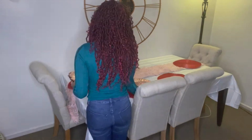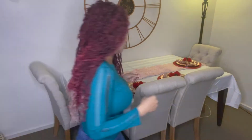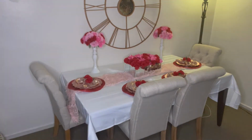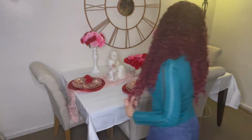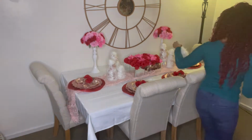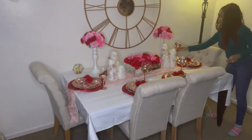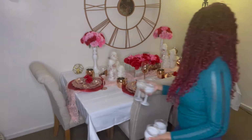Got my red little placemats, my rose gold charger plates. I got some rose gold sequin napkins and some flowers. The centerpiece I created, I designed it, and there's going to be another video that shows what I did. And then the votives in the back with the flowers in them, I also created that as well. So a lot of the theme of the table itself,